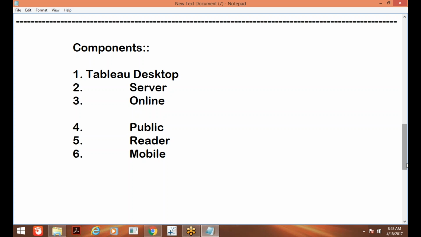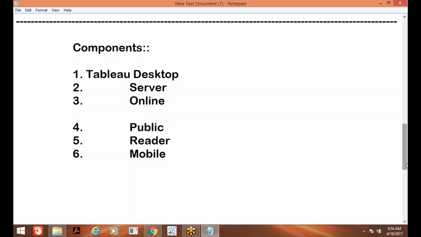The same thing here. If you don't have that much money to purchase a server, by using Tableau Public you can save your work into the public only. That is for free. You don't need to pay anything. By default it will give you, I think, 10 GB of space, so that you can save your work into that. Small companies will use this only.